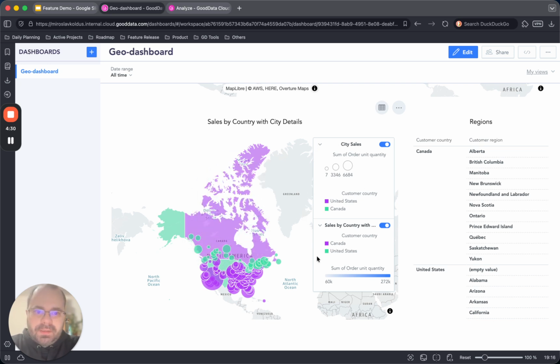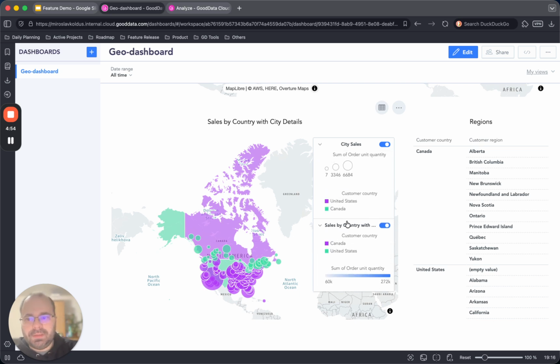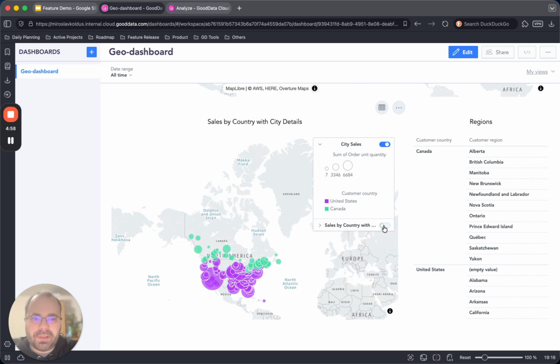So first you will see that the legend is expanded. There are multiple layers. So one layer is city cells, the second is cells by country, and each has its own legend, right? Because each has a different configuration. You can definitely interact with it a little bit, making it smaller, the same argument that we have mentioned before, but you can also interact with the widget by